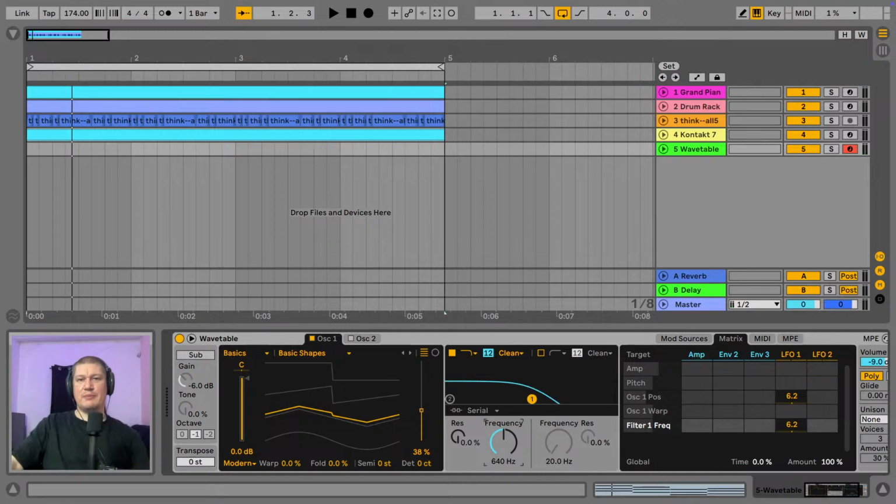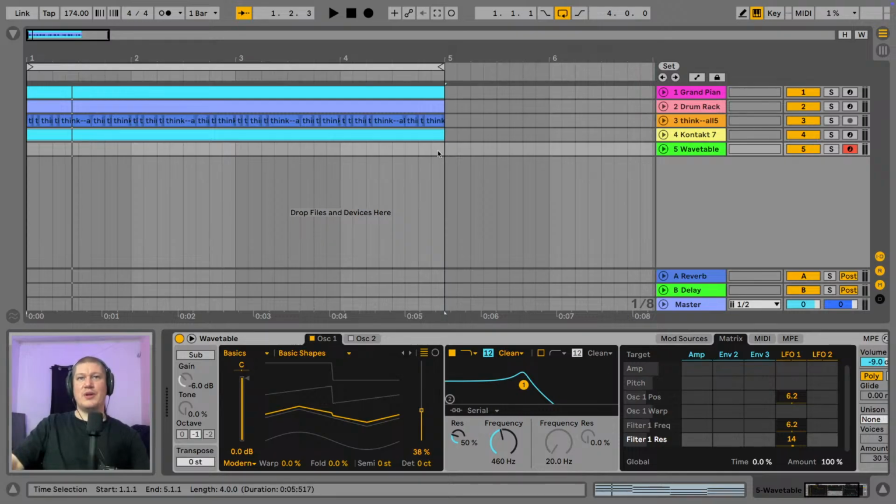So that's just a couple of things that you can wobble, and you can go mad and wobble other things. For example, there is a resonance here. Now it's good to turn that up a bit, but if you wanted to, you could even make the LFO wobble that, and you can see it going up and down. So there's all sorts of things you can do,